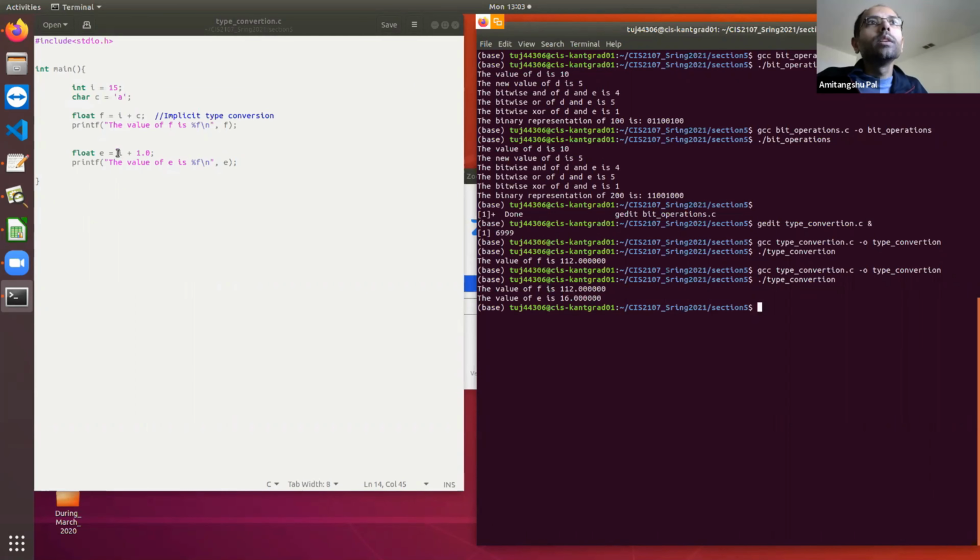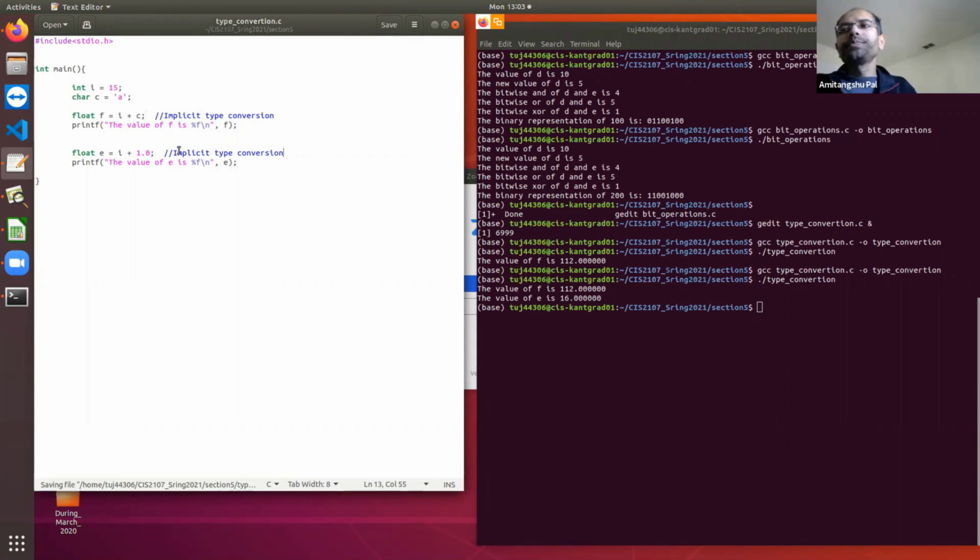So here this is an integer, it is added with a float and the cumulative value is converted to a float and stored in E. Okay, so here also one implicit type conversion is happening. Clear? But in all the cases this implicit type conversion is not going to happen.